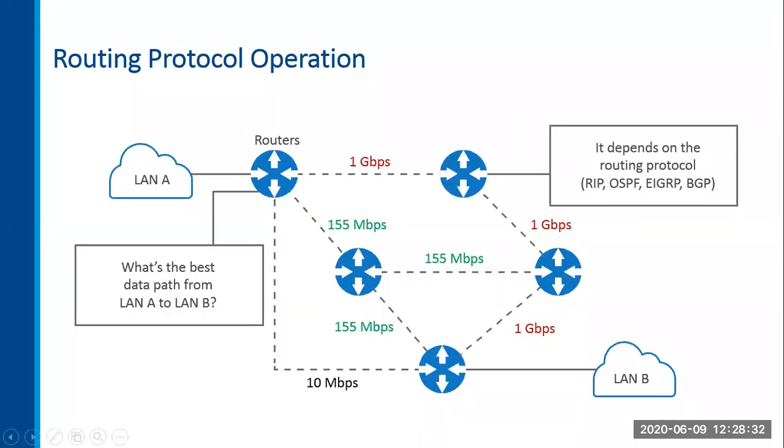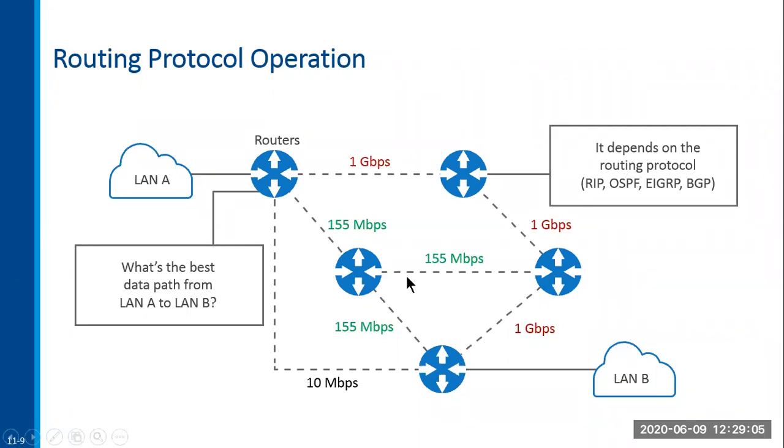Now, routers use routing protocols to figure out which is the best path, and that information then is sent to the routing table. By the way, it's very, very important you understand the difference between the routing protocol and the routing process, or the routing decision process. The routing protocol is what routers use to talk to each other to figure out which is the best path, which is not, or what's the cost of each link, and so on.